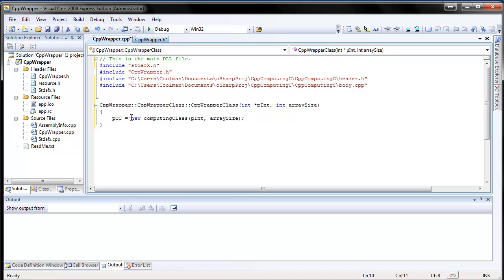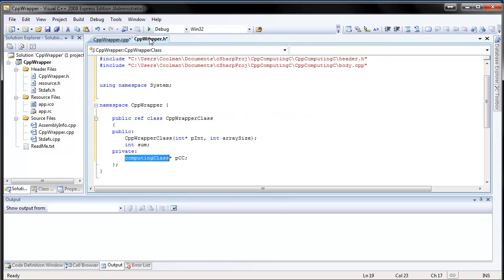Now that we use the keyword new, so we must also add delete somewhere. Otherwise, we wouldn't clear the memory when the program ends. Okay. So this is prepared, and I want to have a function called sum, which will return integer. Get sum, like this,